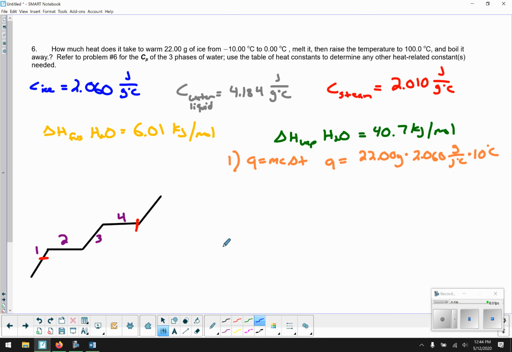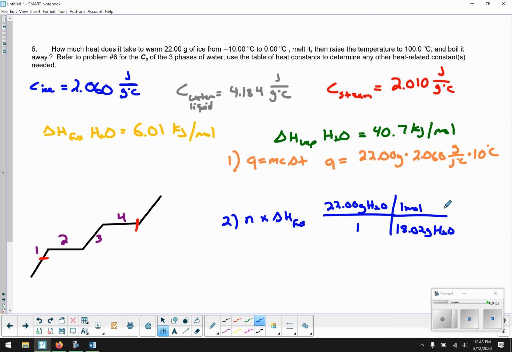For part 2, so I'll do all the math later, but part two is going to be N times delta H fusion. You're melting. So to set that up, we'll just do, again, you have to find moles first, so 22.00 grams, and this is H2O divided by 1. The molar mass of H2O is 18.02 grams